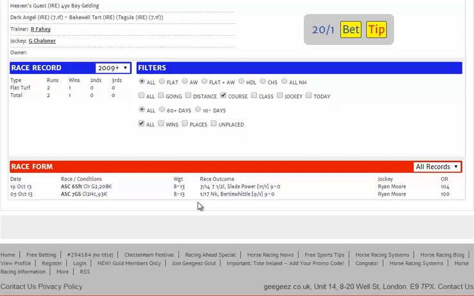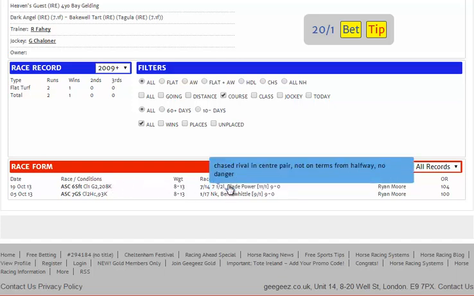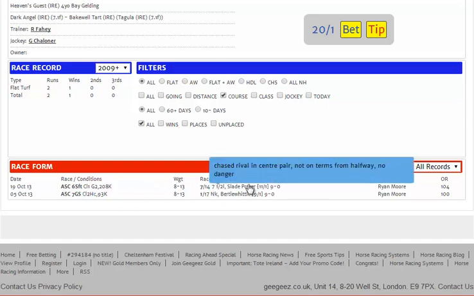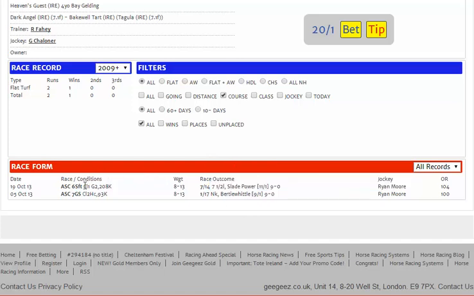So if we look at his course form again, he ran in a Group 2. That looks like it was the Champions Day Group 2 sprint, worth 208,000 to the winner. He was beaten 7 lengths there, but no disgrace in that. That was on softer ground as well. That's a pretty solid run. Again, his other run at the track was a win in a £93,000 race